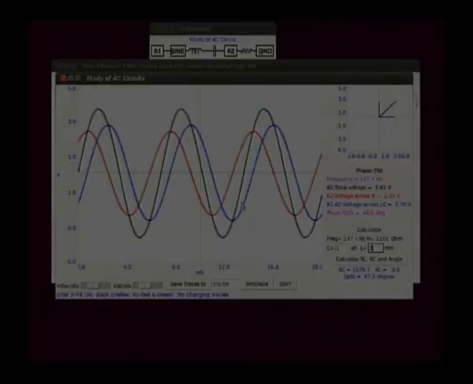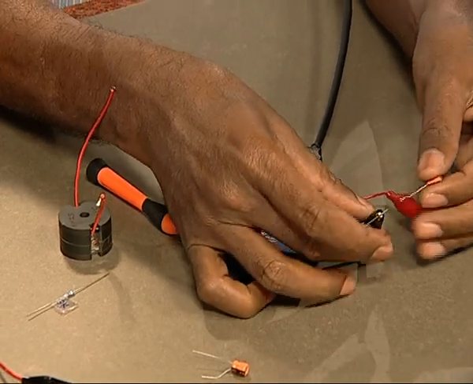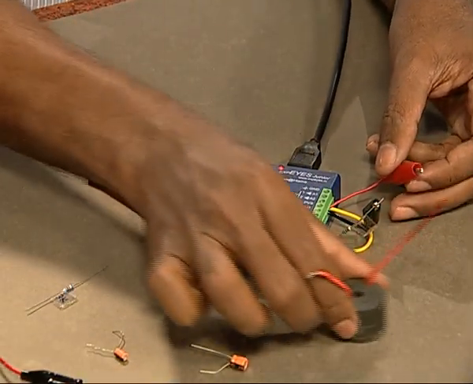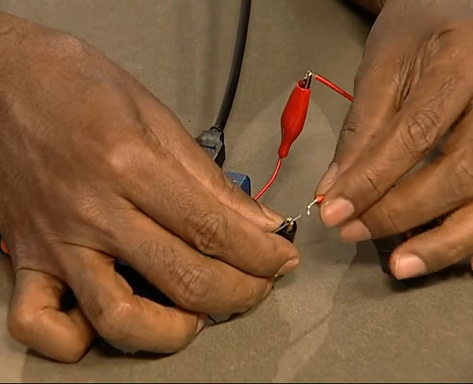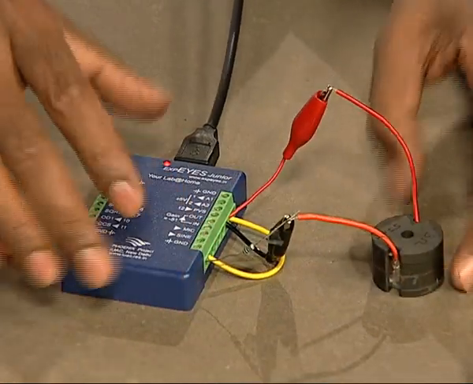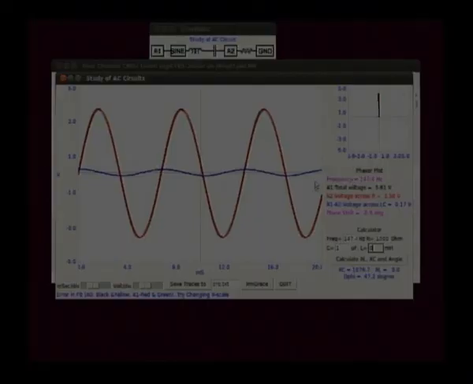Now, instead of the capacitor, let us try the effect of the inductor. So, we will replace the capacitor with the inductor now. We will take out the capacitor and bring the inductor into the picture. You can see the inductor is connected, and now if you look at the phasor diagram, the current is now lagging the voltage, this phase shift is around minus 3 degrees,